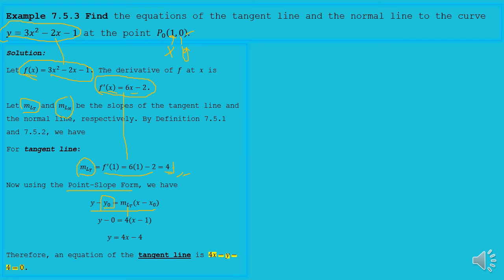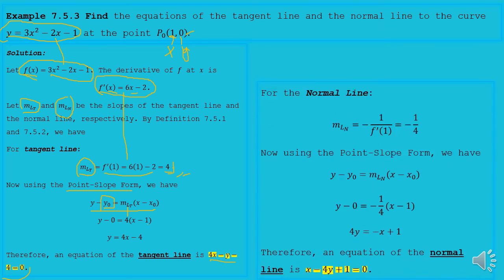Okay. So kailangan, ang final answer ninyo class in terms of equation kung linear is dapat in standard form. So therefore, an equation of the tangent line is 4x minus y minus 4 equals to 0. So naka-standard form na yung given natin na equation. For the normal line,